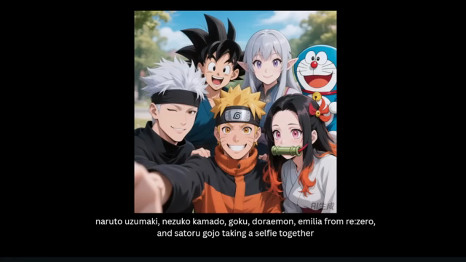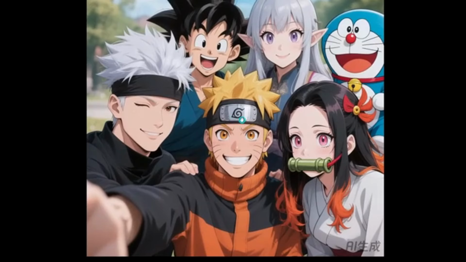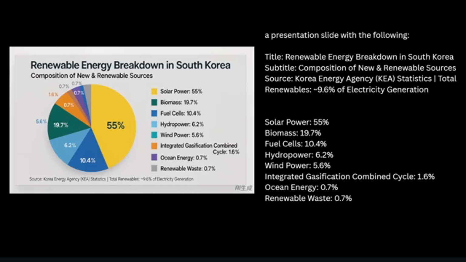I guess one flaw is that Amelia's outfit plus Nezuko's outfit isn't really correct, but other than that, this photo looks really good, and the anime characters are all accurate. Like, even Naruto's leaf logo is accurate. Alright, here's an even trickier prompt, which I did not expect it to get 100% correct, so here's a presentation